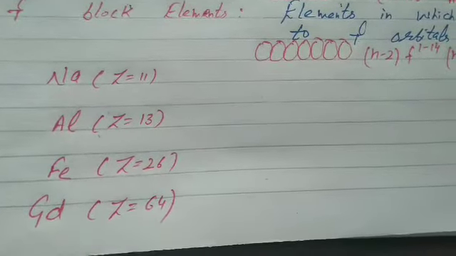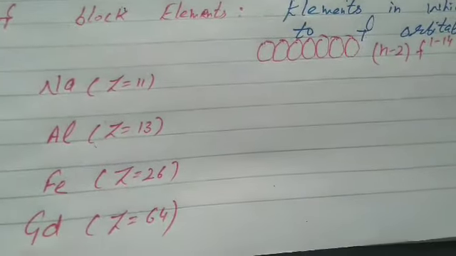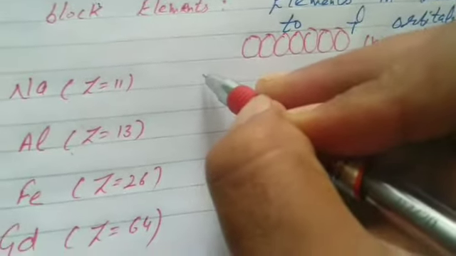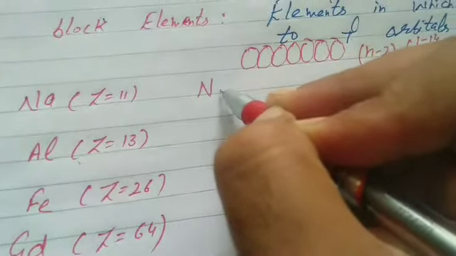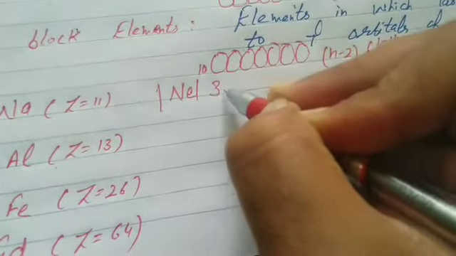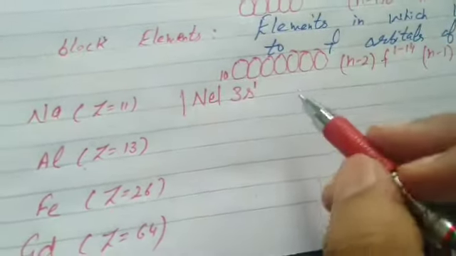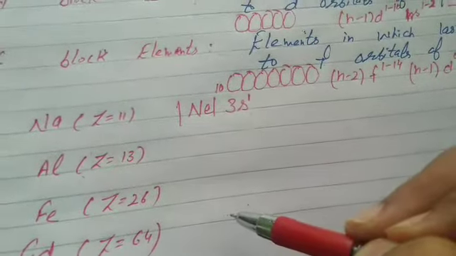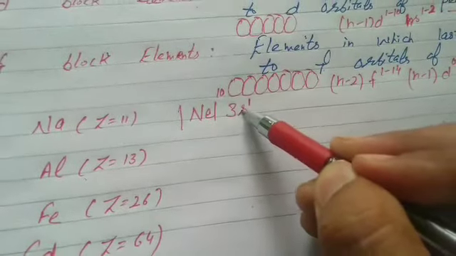Now please come here. I mentioned 4 elements. Before detecting the period and group to which they belong, at first we should know to which block they belong. Students, the answer is very easy. We only should know the configuration. Sodium atomic number 11 is already given. For electronic configuration, we start from nearest noble gas. Neon 10, 3s1. That's the configuration of sodium. Now it is clear. Is it S block, P block, D block or F block? We tick the option S block because last electron goes to S orbital.